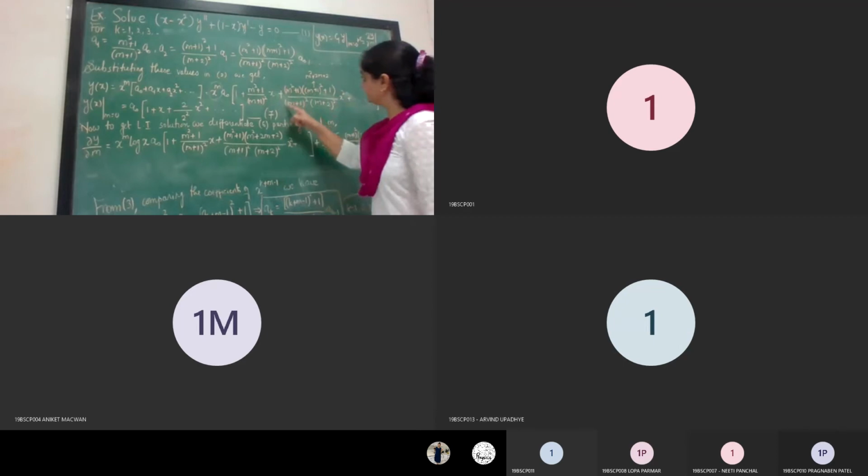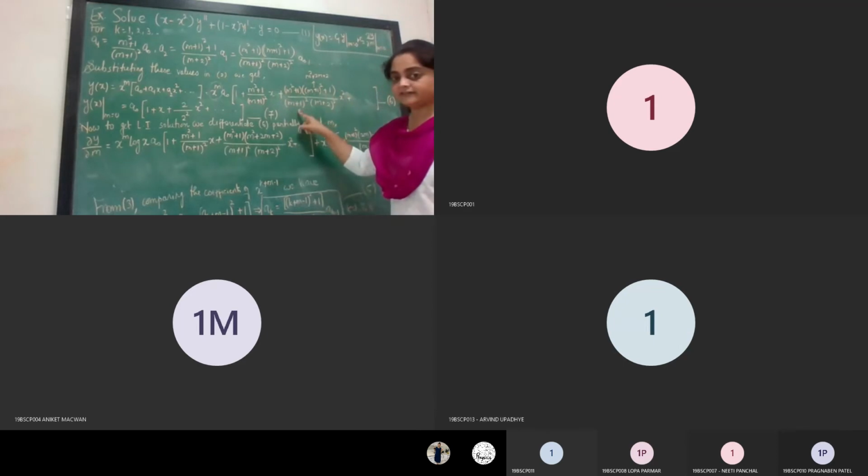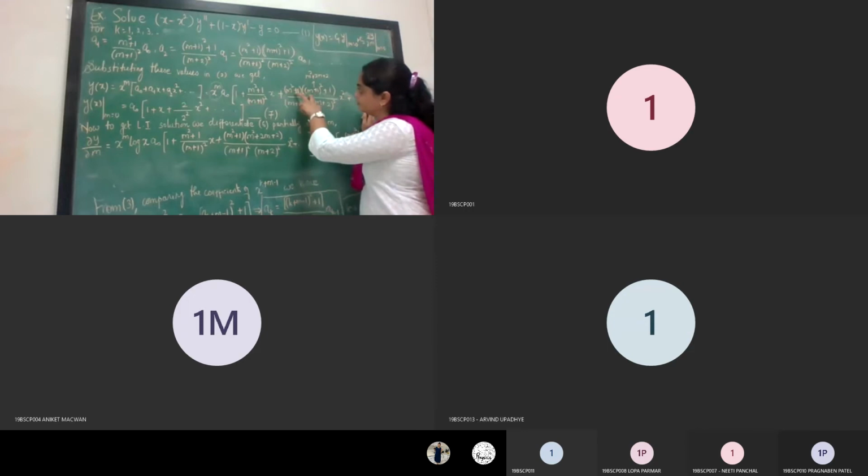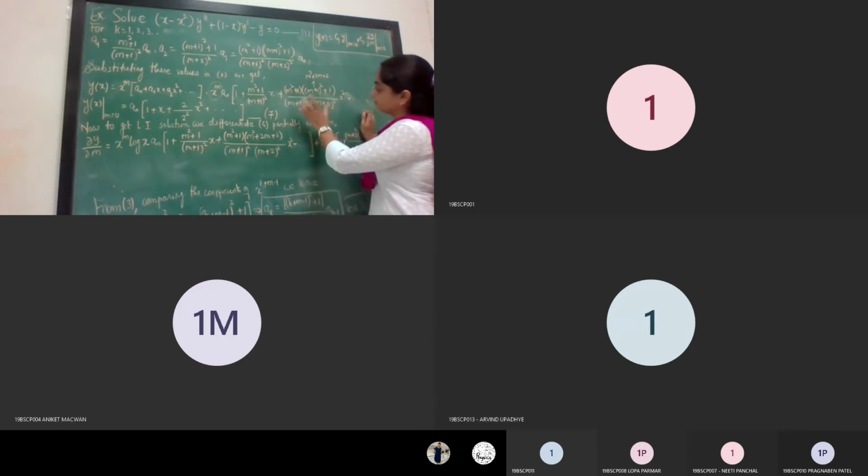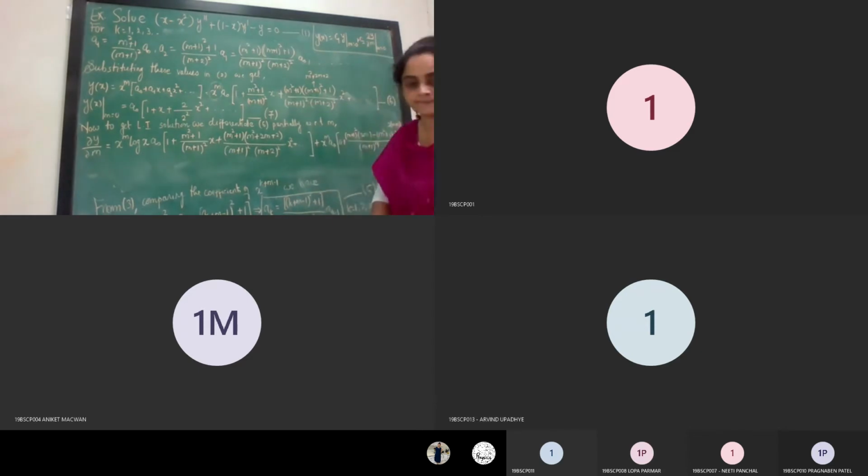Plus, now we have to take the derivative of this. The derivative of this is a difficult task if you see, because there are two functions of m in the numerator as well as in the denominator. So what we'll do, we will keep this as one function g and this as another function f and apply the division rule. Okay, so be careful while applying the partial derivative for this particular term. So that I am writing over here.